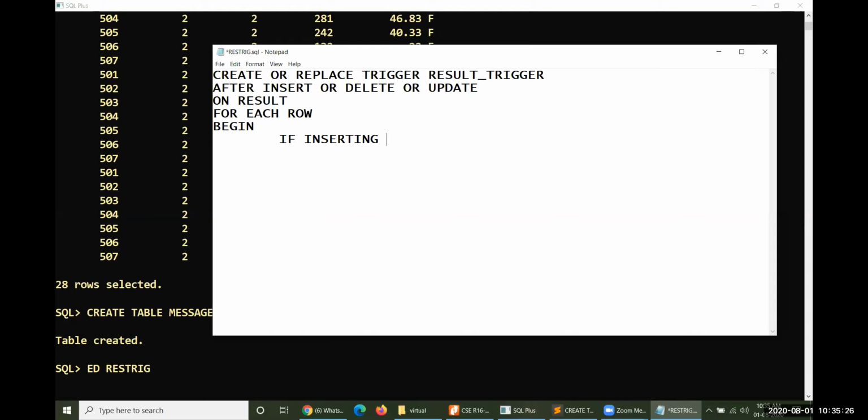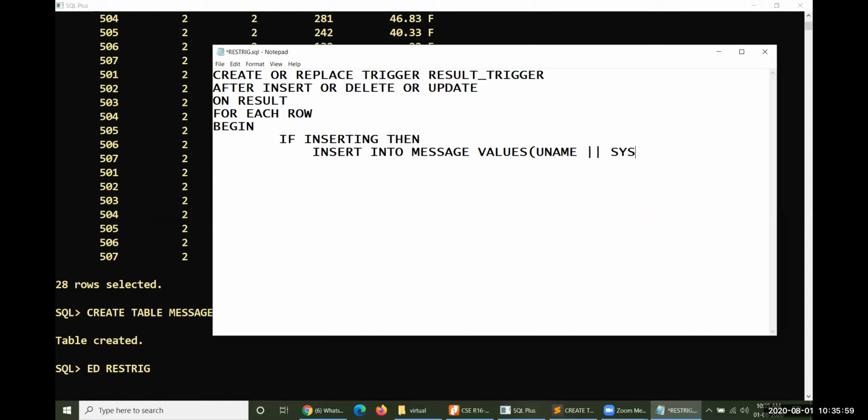If inserting, then insert into MESSAGE values. What is the value you are supposed to insert here? Number one, who did this particular operation, in the sense the username. So appended.